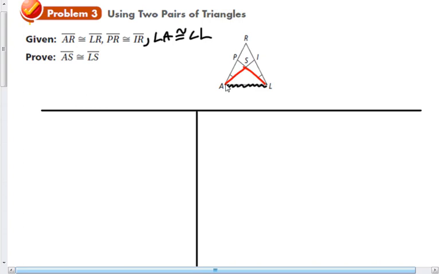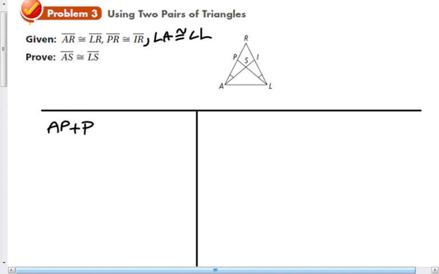Now to get that, notice we are already given that angle A is congruent to angle L, and also we know that those two will be congruent by vertical angles theorem. So I just need to show that something else is congruent. What I'm going to do is show that that side is congruent. So I'm going to use angle side there to show the two triangles are congruent. To do that, I'm just going to start by saying